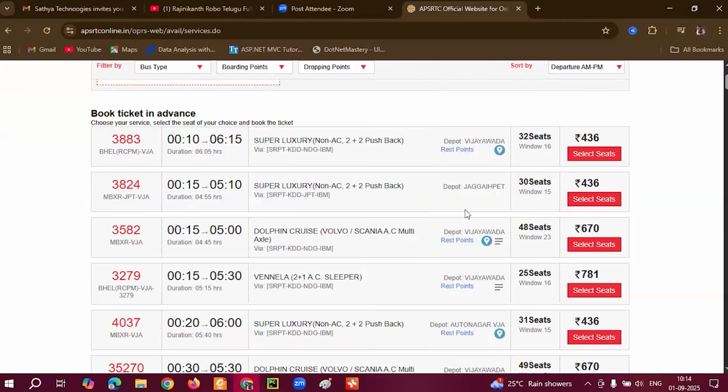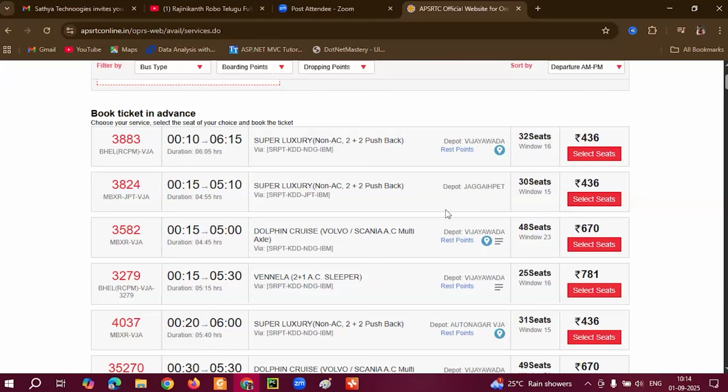It went to the database, collected all the Hyderabad to Vijayawada buses and came back to the server. What is the server doing? Arranging all the buses in a neat format. That data is again given to whom? The browser. The browser will display all the data in a neat format. Observe, in total how many members? Three members. Member one is the browser. Member two is what? Server. Member three is what? Database.